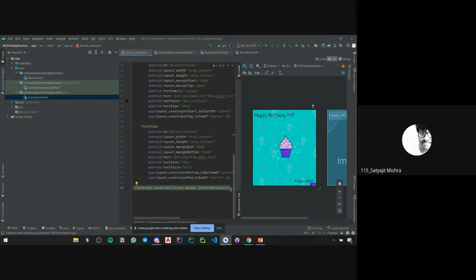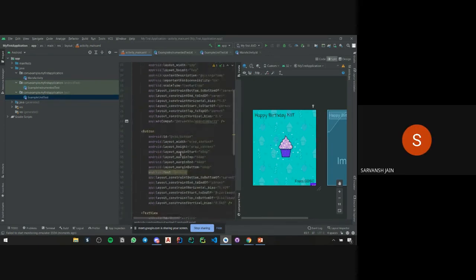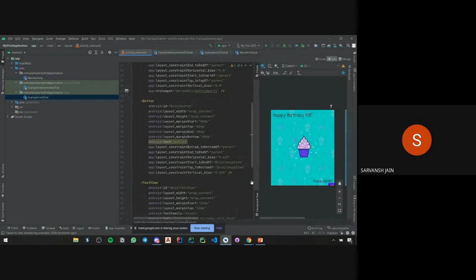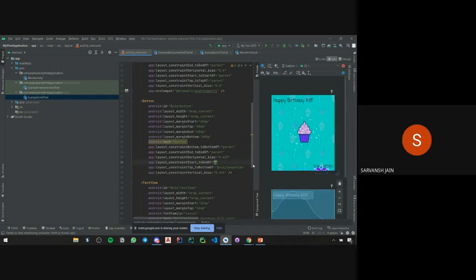Go to the button part. Yeah, see, make it constraint start to end of parent instead of image view in line 36. Parent. Just type in parent. Small p.